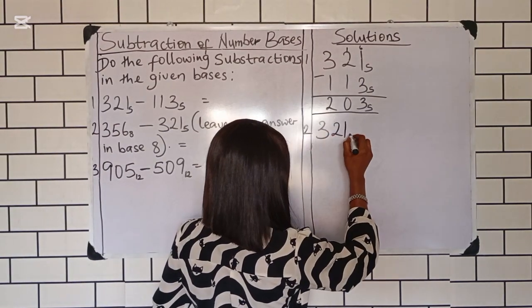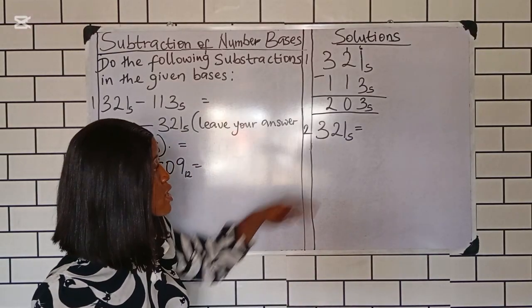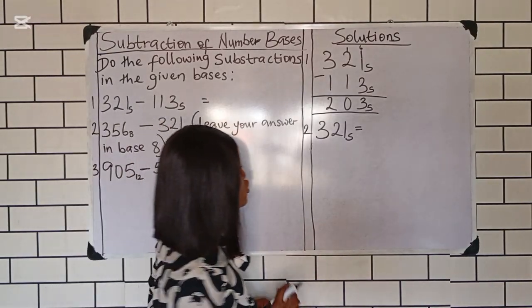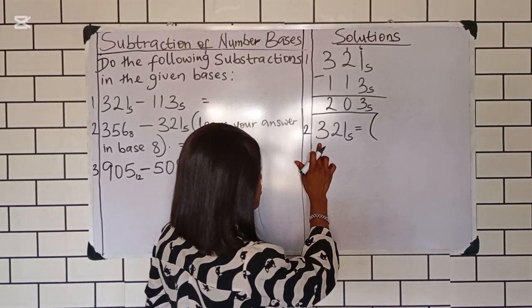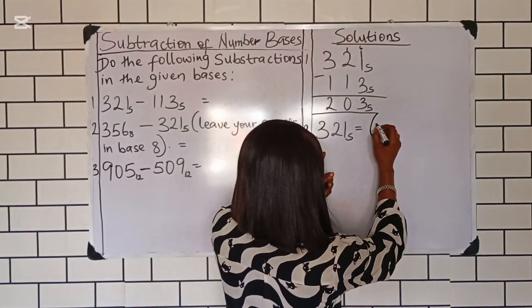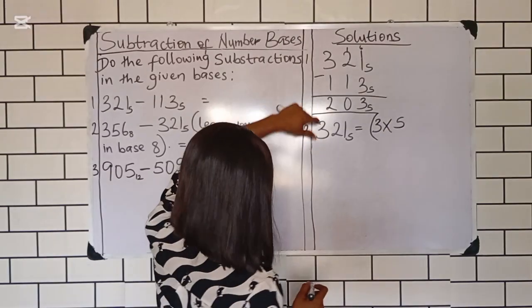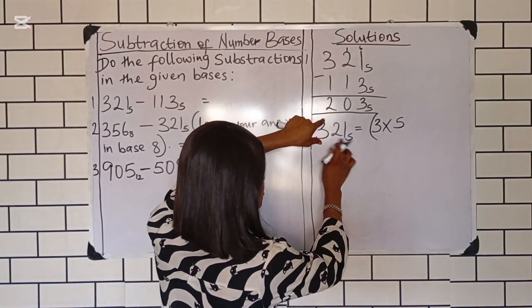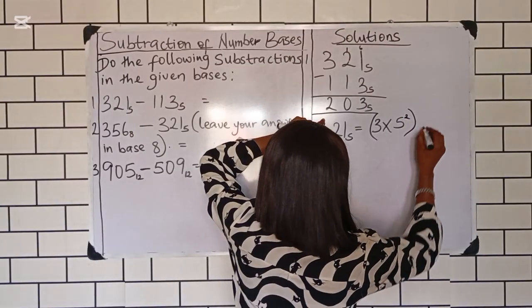3, 2, 1 in base 5 is equal to, now we want to convert this number to base 10. What are we going to do? Conversion, you have your bracket. The first number here is 3. Have your 3 times 5 raised to power, you remove this 3 here, count the rest: 1, 2, raised to power 2, bracket, plus